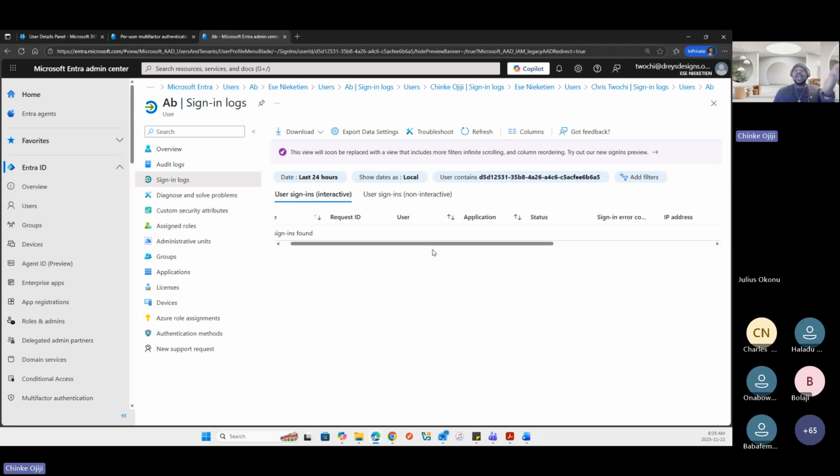Now, once you've seen that the user is sending above the limits, one of the first things you check is why this user is sending above the limits. You check the sign-in logs, and you also inquire from the user, are you sending this number of emails per minute? The user will either tell you yes or no. If the user tells you yes, then as an admin, you probe deeper by checking the sign-in logs, checking that user's sending frequency, and checking the message trace.